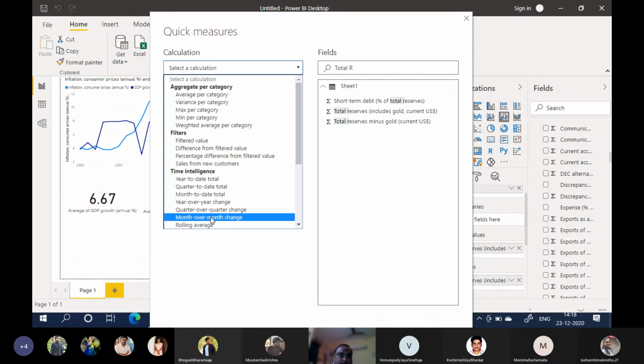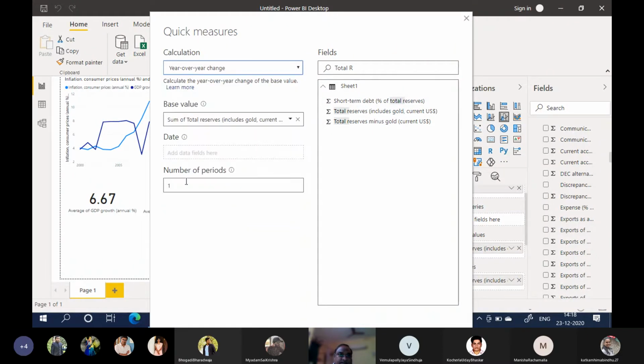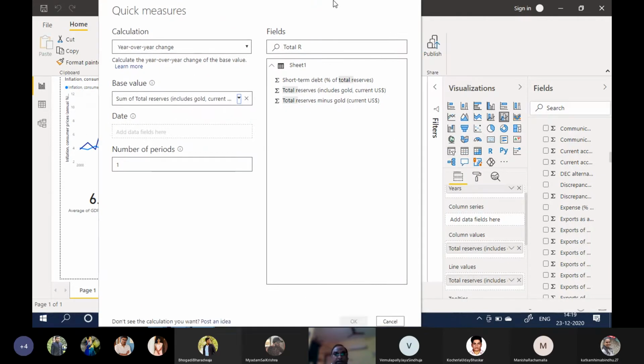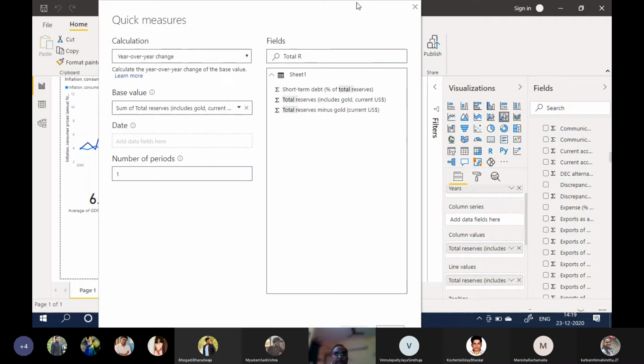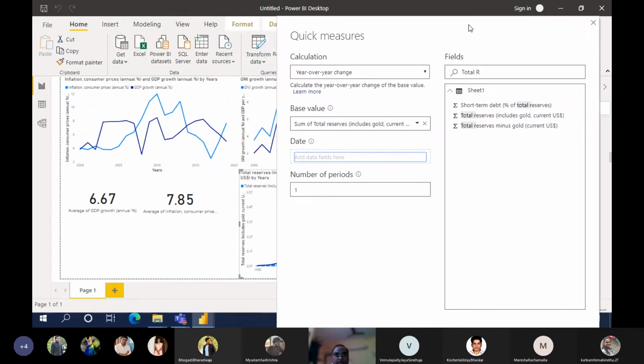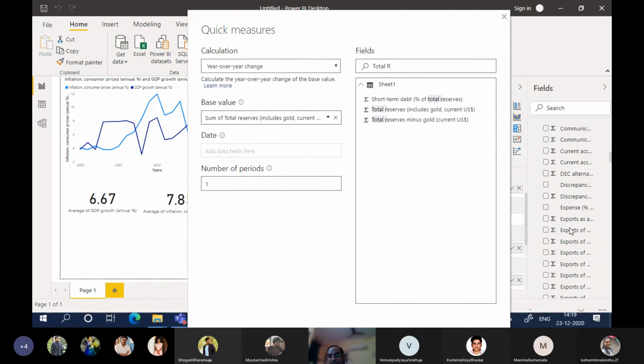And then year-over-year change. Okay. Here is okay. How to close this? Acha, date we have to add. So let us add years.